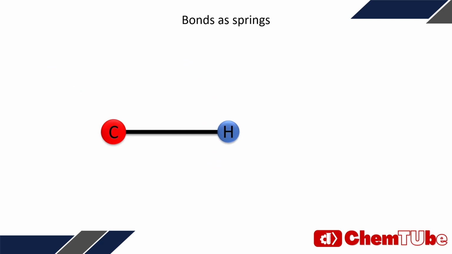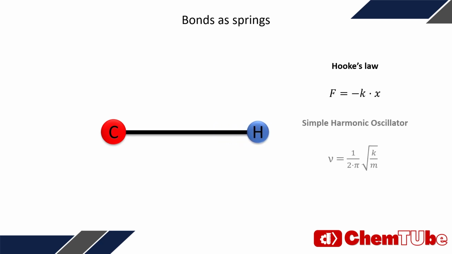We can think of these stretching vibrations as oscillating springs. Let's take a look at the carbon atom connected to a hydrogen atom by a spring. From physics we know Hooke's law, and the spring constant K can be thought of as the strength of this bond on a simplified level. When the atom absorbs IR light, it gets excited into a higher vibrational energy level, where the frequency of oscillation stays the same, but the amplitude of oscillation increases.